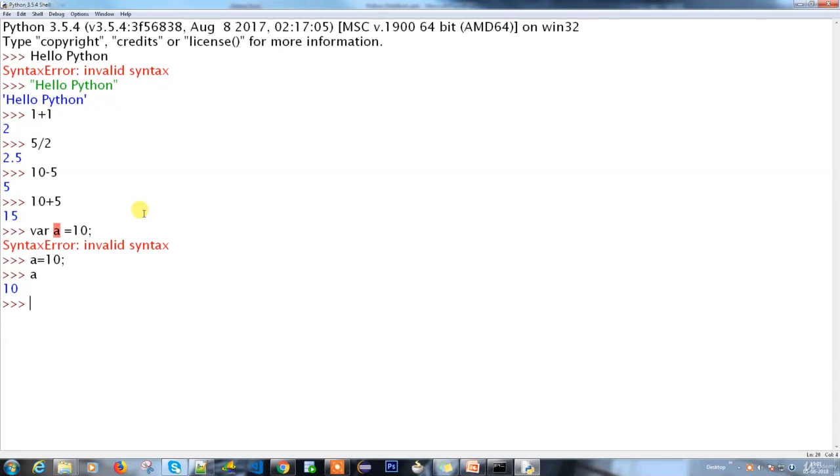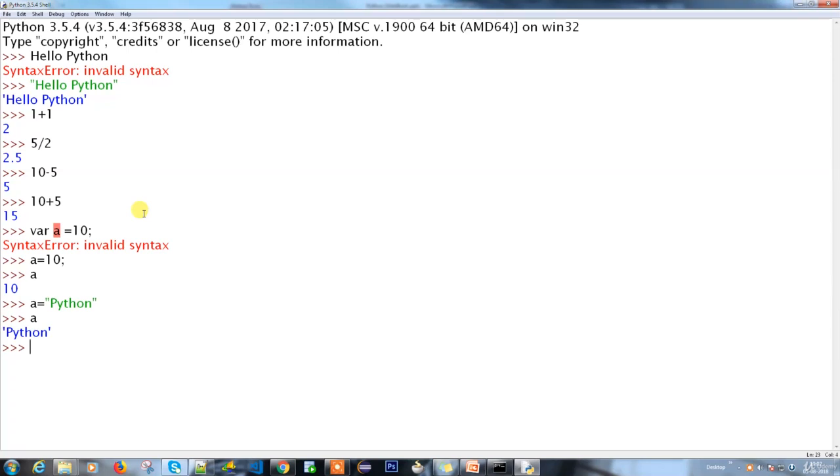I have a variable called a and the value is 10. I can do the same thing like this also: I have a variable called a and I have a string, Python, inside. I can print a. So what is happening here? The first time I'm using a as an integer value, and then I'm using a as a string value, Python. How is Python identifying what kind of data type I'm working with? That is where Python comes in really handy for developers. It is dynamic typing.